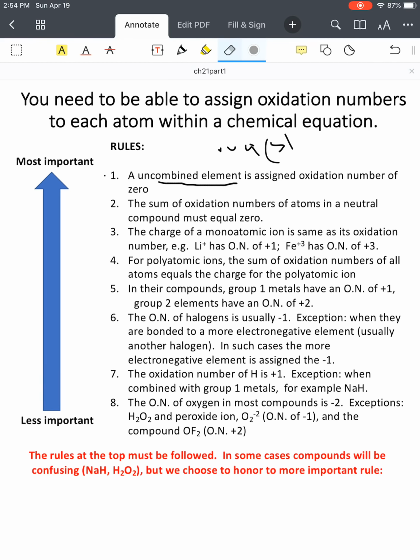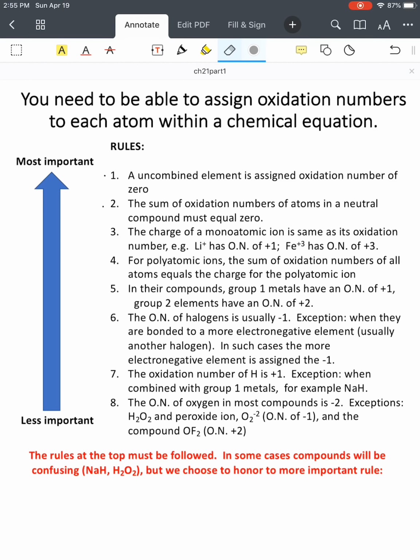The next rule, the sum of oxidation numbers of atoms in a neutral compound has to equal 0. If you've got a neutral chemical compound, doesn't have a net charge, if you add together the oxidation number for each atom which makes up that compound, you got to get a 0. That rule can never be broken, okay? The next rule,